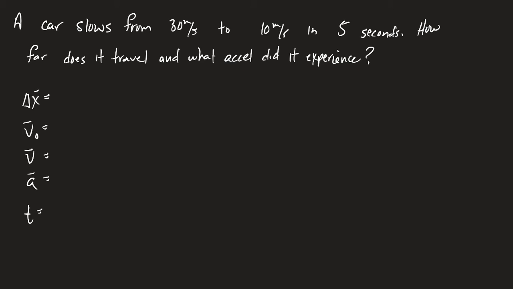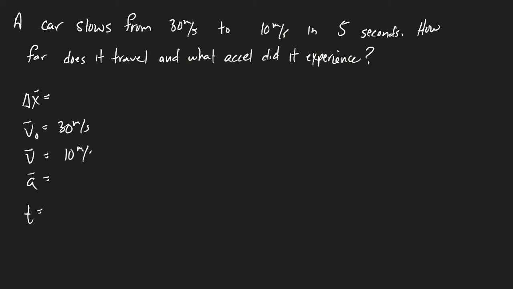You have a permutation of 4 motion variables taken 4 at a time, which produces 5 equations. Basically, there's 1 equation for every 4 groups of numbers, which means most of the time, there's a single step solution. Consider, this problem tells you that the car started at 30 meters per second,